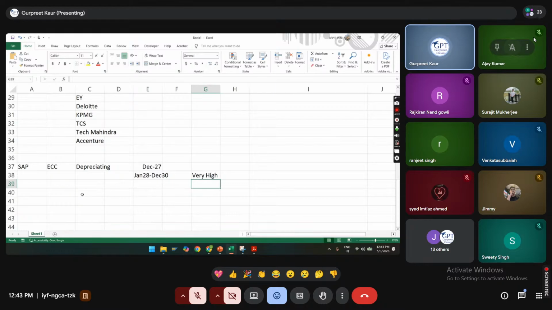So the target of SAP is going with RISE with SAP, means go and upgrade yourself with S4HANA. Now in the next 2 years or 1.5 years, whatever is left, there is going to be huge demand for SAP MM, because everyone is now shifting from ECC to S4HANA. So in interviews especially, they will ask you the difference between ECC and S4HANA.